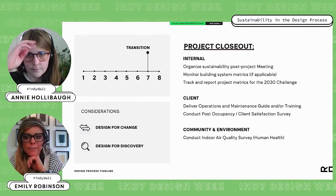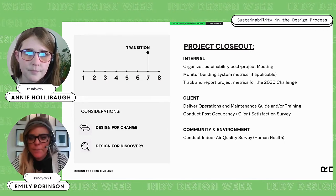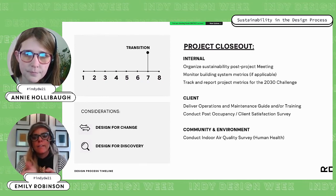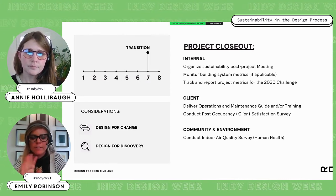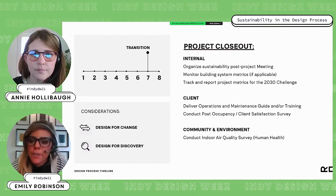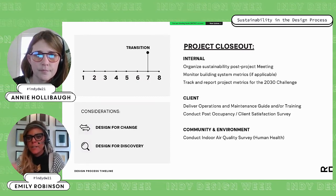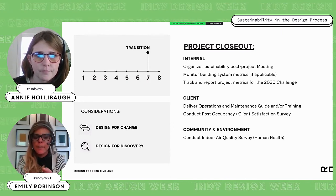All right, project closeout. So internally, once again, check in, make sure that the project is still on track and meeting those goals. If applicable, you're going to monitor your building system metrics, make sure again that the building is performing in the way that you established early on. And then make sure that you track and report the project metrics. This is especially important for all firms, but at Ratio, we are involved in the 2030 commitment or the 2030 challenge to reduce carbon emissions 100% by 2030. So it's really important to track at the end of a project, did you meet that goal, and what percent you reduced carbon emissions so that you can improve for the next time,